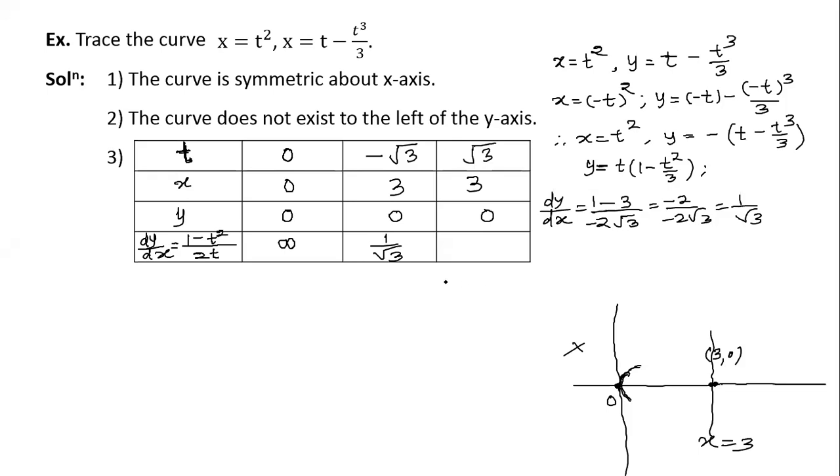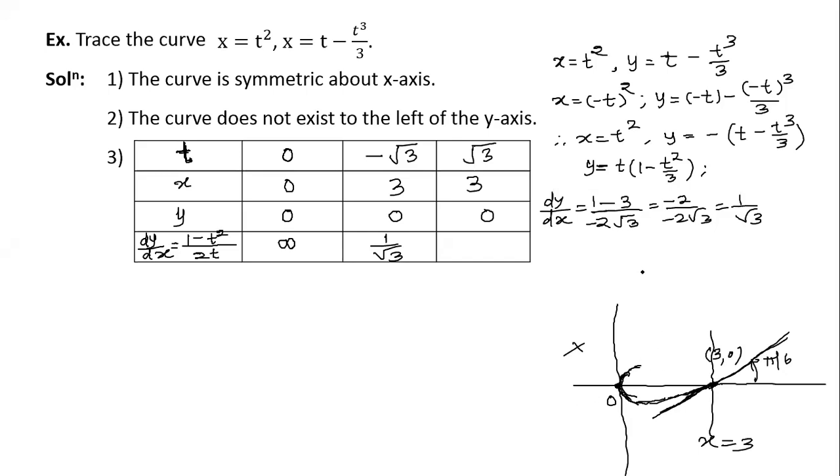And tan of what? We know dy by dx means y2 minus y1 upon x2 minus x1, and that is also equal to tan of theta. So for what value of theta is tan theta 1 by root 3? I think it is 60 degree, 60. So we can make a comment that the line which is passing through the point 3, 0 and having slope 1 upon root 3 is tangent to the curve at that point. So I am drawing this line. This angle is pi by 6. And hence you can understand that this part will be coming here like this, and it will be going further.